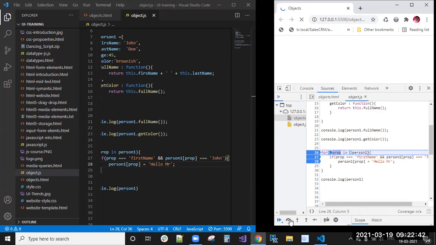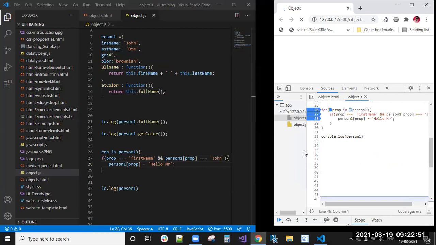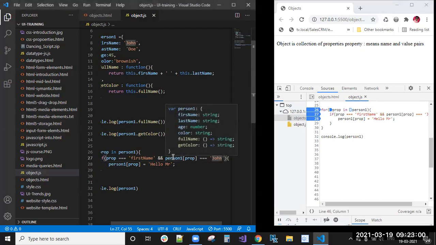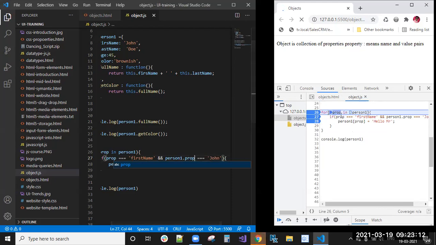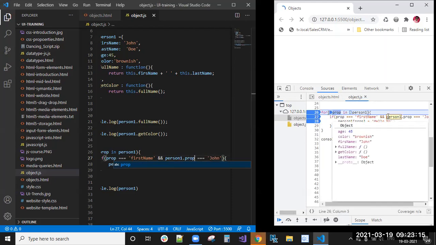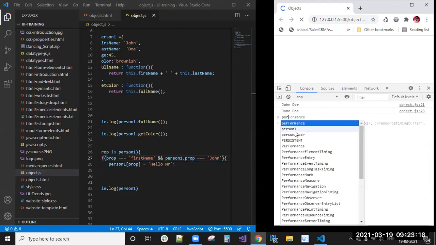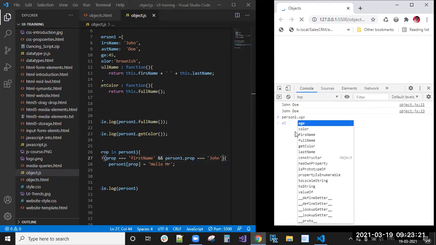Then it will come inside. Sorry, not prop.